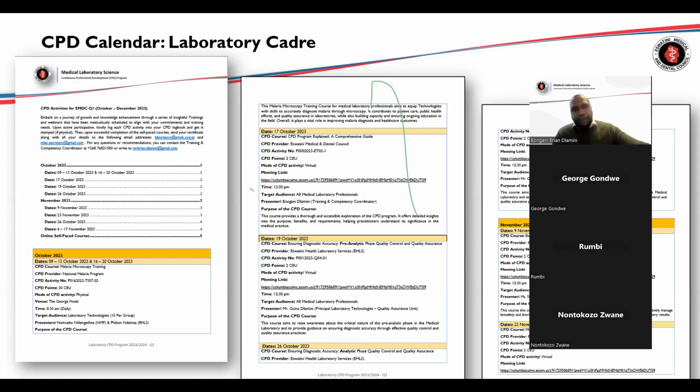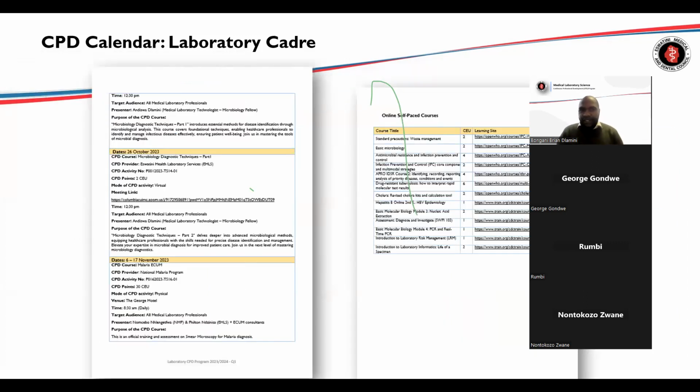So this is like a personal copy, colleagues. It gives you instructions on top that should you take a course outside the country or have any inquiries, this is where you can consult me or the EMDC. And also you find all the details of every training that you are about to embark on, either invited or virtual training, but within the laboratory cadre CPD program. It also has